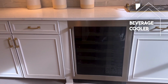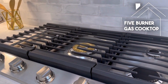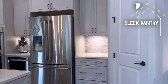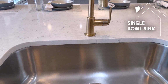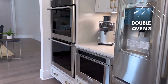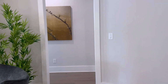Here's a beverage cooler. 5-burner gas cooktop. We have a pantry here. Single bowl sink. And double ovens. Now as we make our way to the primary suite here on the main,